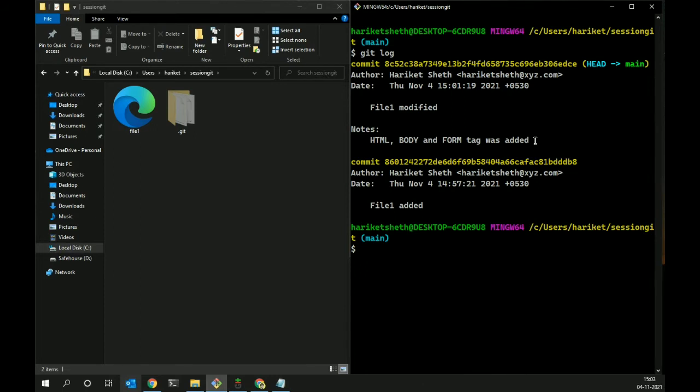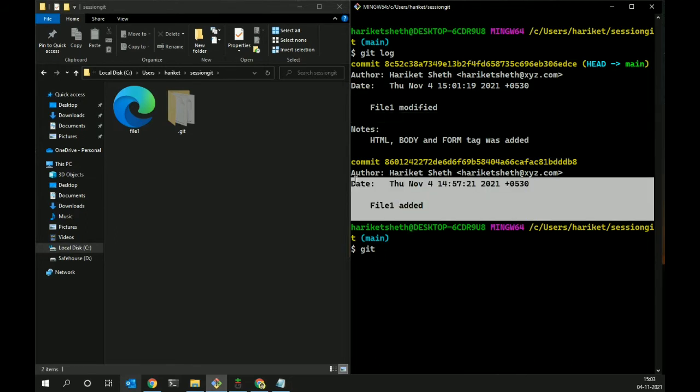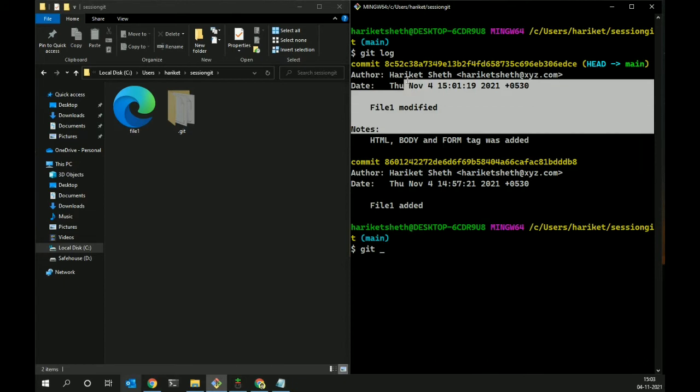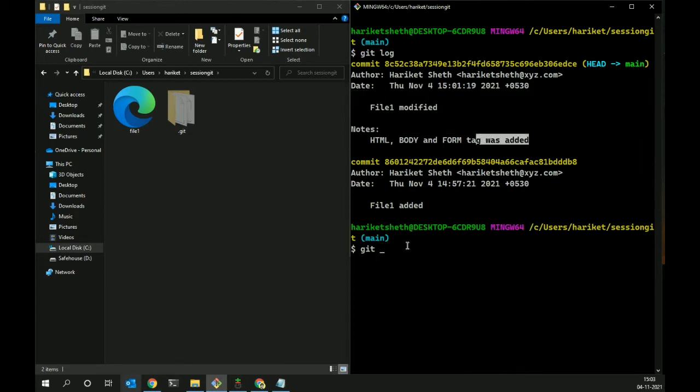So this is the new command we are covering in this video, git notes, and you have to type git notes add -m to add your notes. When you type git notes add, it will add the notes to your previous commit. As we made the commit for this modification and then I executed notes, it added it to the latest commit which we made. If I had written git notes add before making this file 1 modified commit, it would have added notes there. So be very careful: make the commit first and then add notes so that it gets added to the right place.